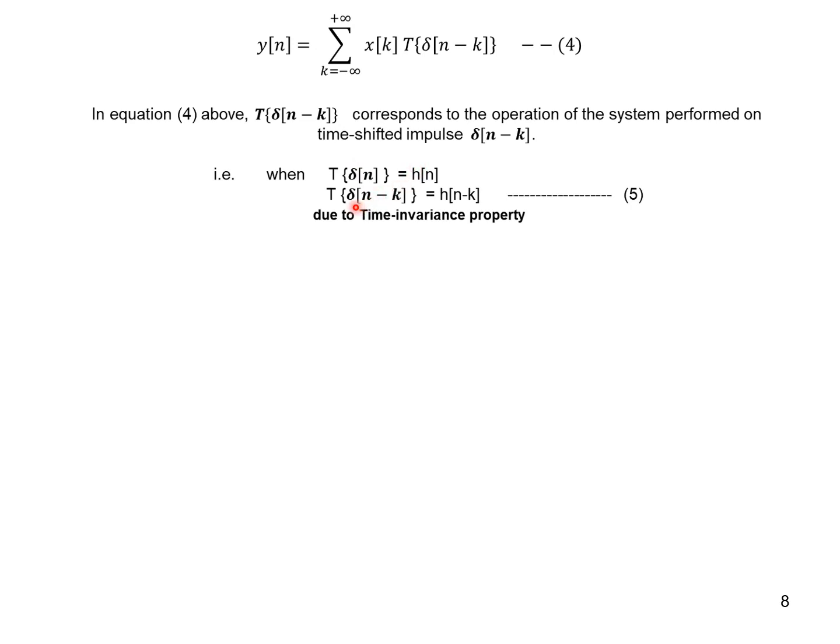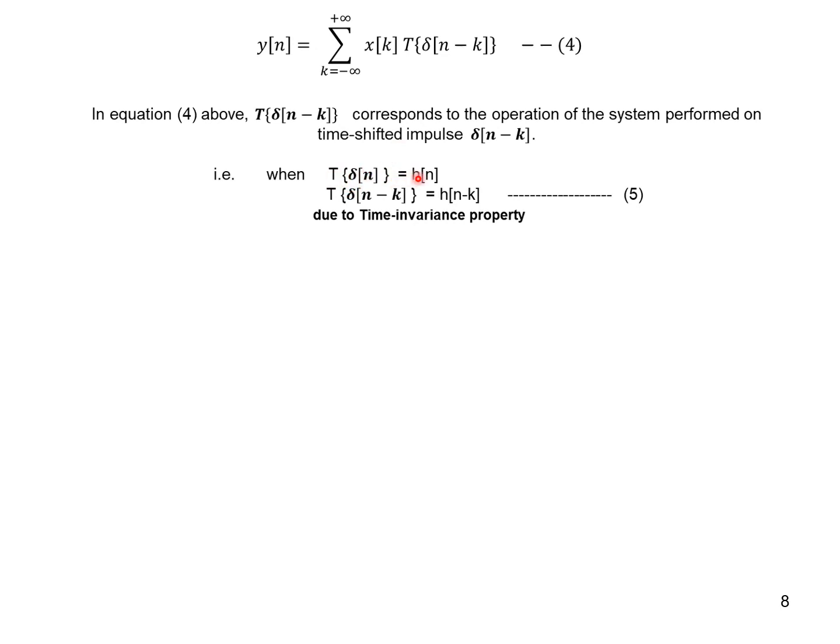Now, if the same impulse is delayed by k samples, say it is delayed up to 5 samples, or advanced, whatever, then what will be the output? Because I know it is an LTI system, it also obeys the time invariance property. Whether I apply the impulse now or later, the response remains the same because the system is time invariant. Its behavior doesn't change with respect to time. Whether I apply the impulse now, later, 1 hour later, 1 day later, 10 days later, the response is going to remain the same. The response also will get delayed by the same amount. That's what this discussion is all about.